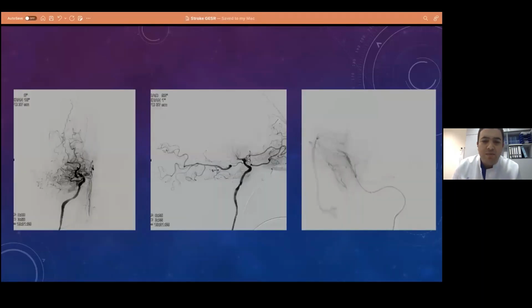And as I took him to the angiography, that was the first picture. You can see here in the side view, this is the posterior communicating artery with the posterior cerebral artery, and you don't see anything here. So